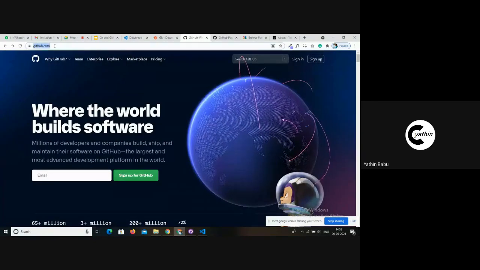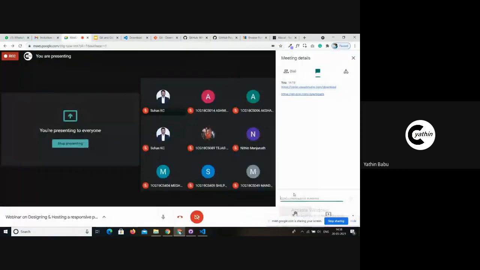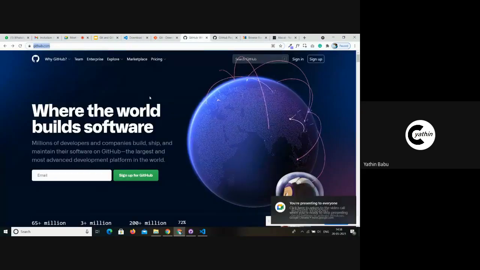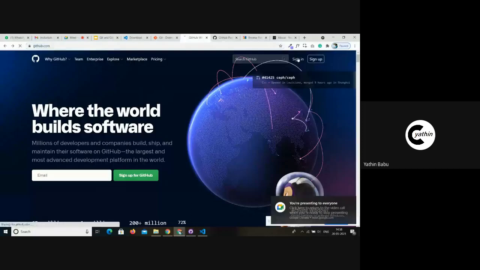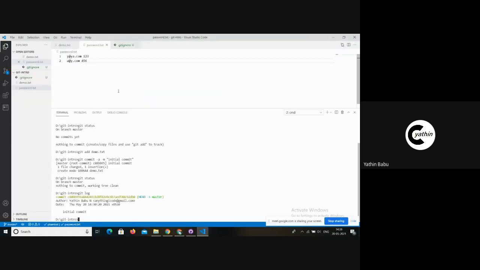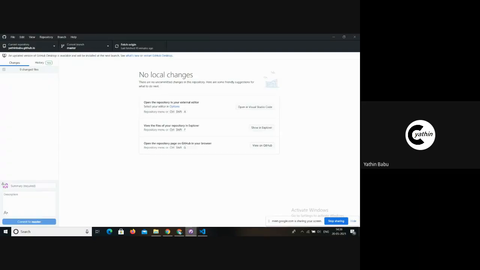Let me share the link with you. Since I already have a GitHub account, I won't be creating another one, but I will show you how to create a remote repository and how to push this local code into that remote repository for free.